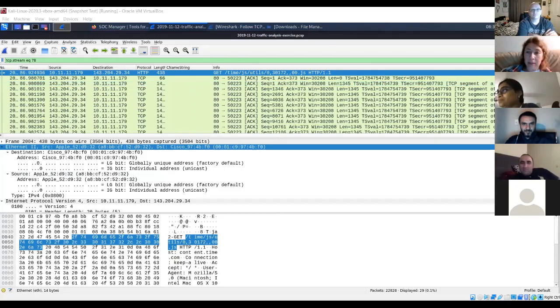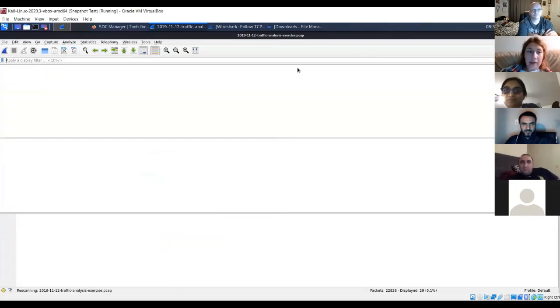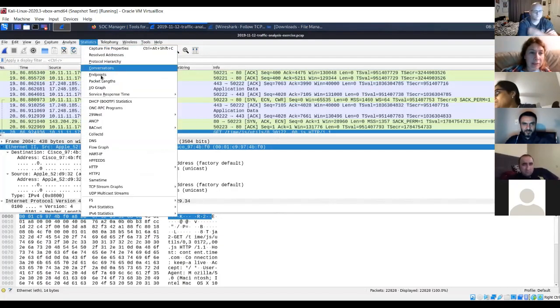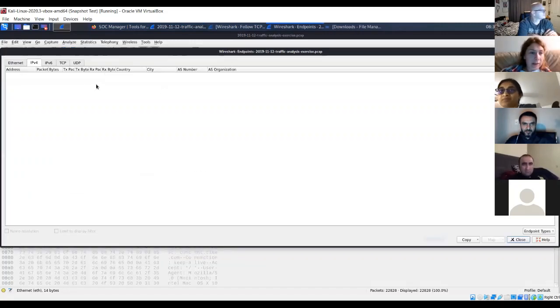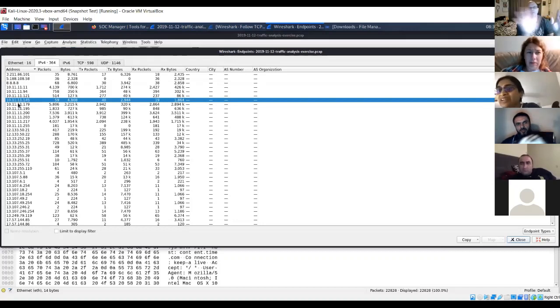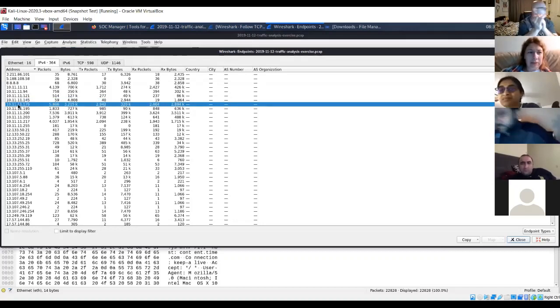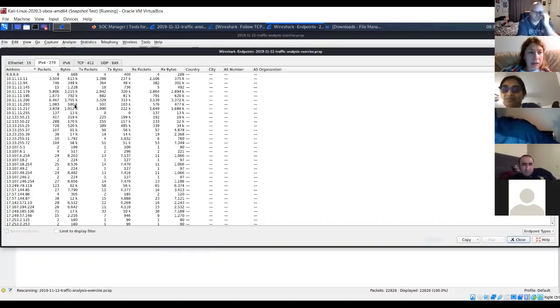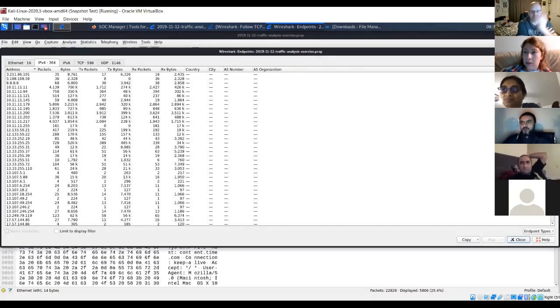It was 179. I remove the filter. So I go to statistics, endpoints. Then I'm looking for the IP address of 179. No, 145 actually. Oh, 145. Is it not 179? I'm sorry, it is 179. And then right click, apply as filter, selected, and just close it out. And now